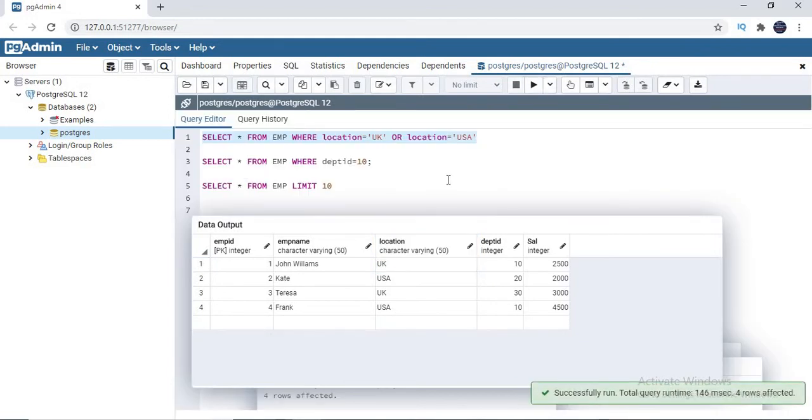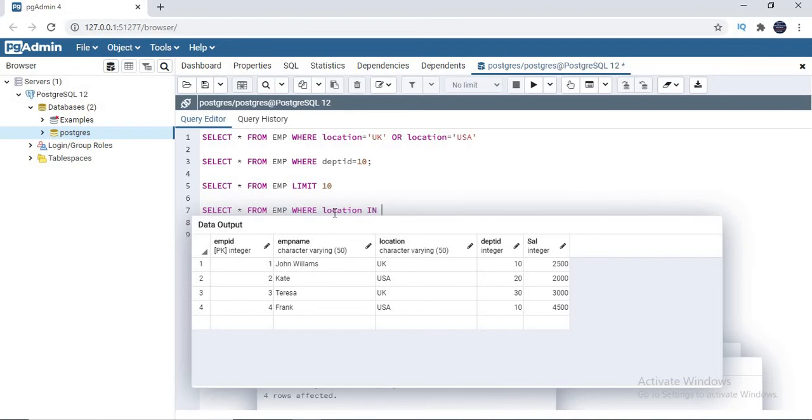The other way is by using the in keyword. When you have multiple locations, in is the best keyword. Select star from EMP where location in, where is again required for in.